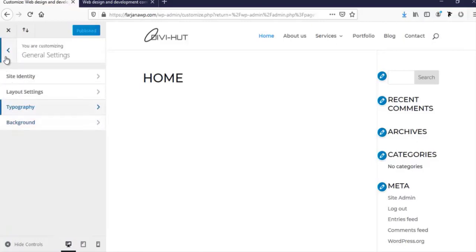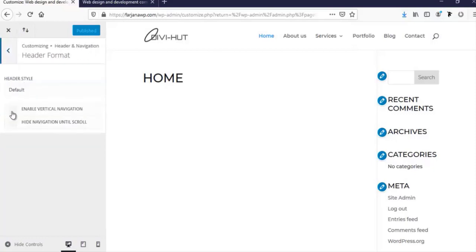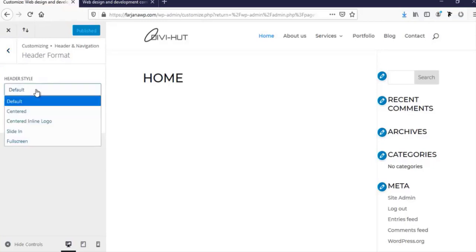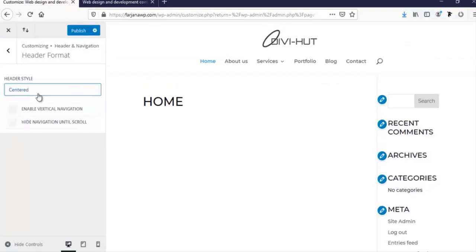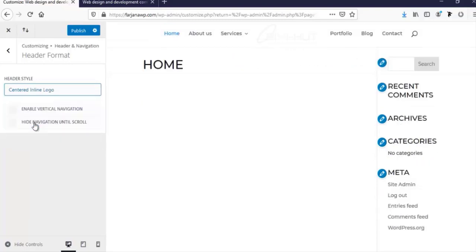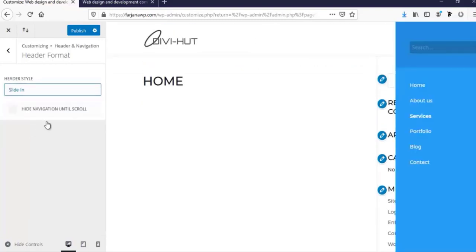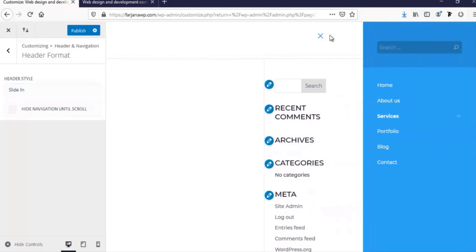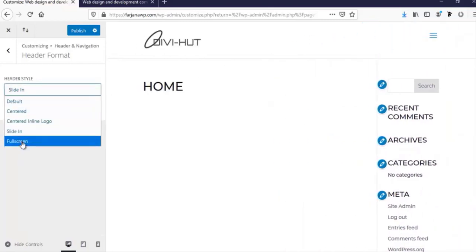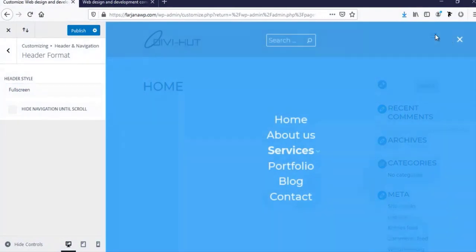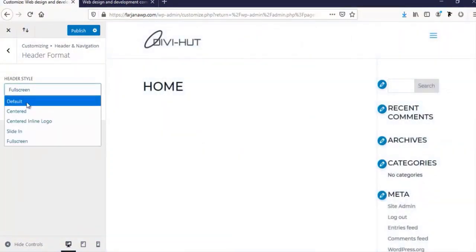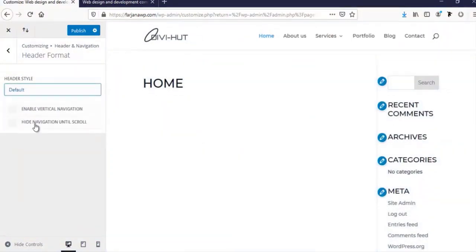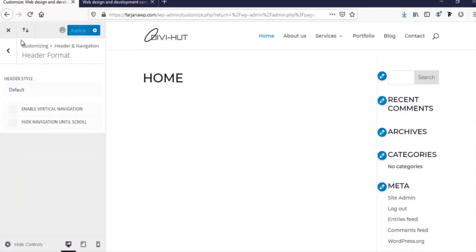Next I'm going to header. So here is header style. Here are several options for header style. Here is default style. We can make it centered or centered inline logo or slide in or full screen option. So for now I'm keeping it default. Save it,